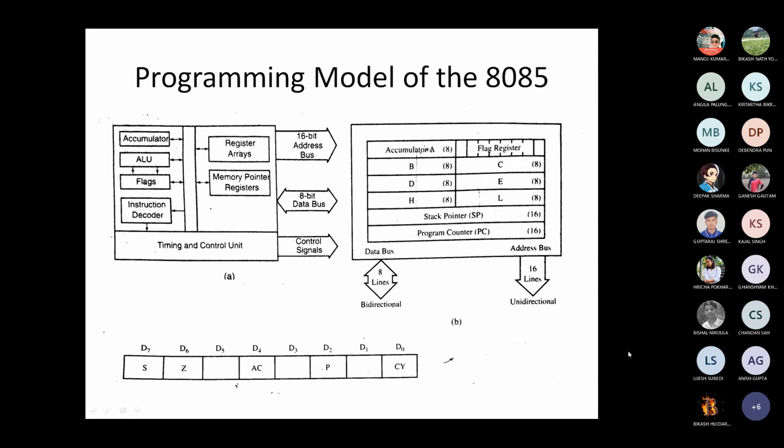Why? Because what is not important to you as a programmer is what is inside. What is important to you is how you can implement as a programmer. That means all those things that are visible to you as a programmer, you can assume that to be the architecture of the 8085. So as a programmer, what you will see,